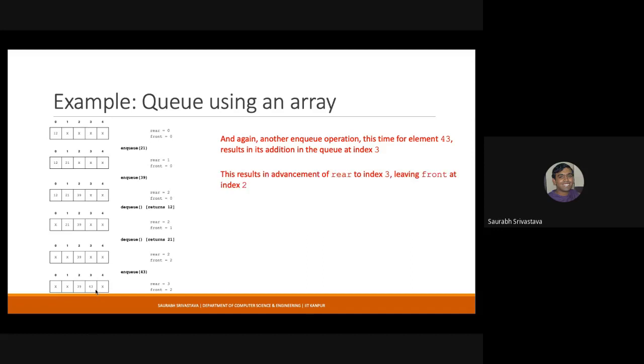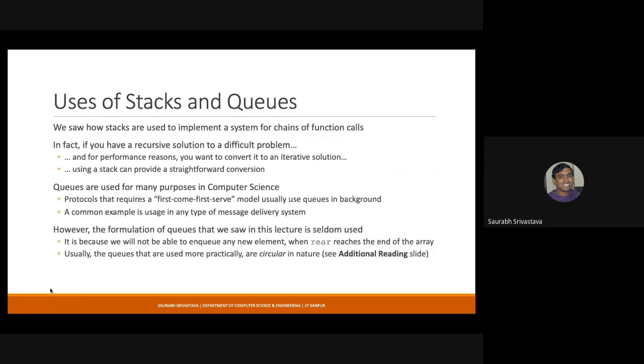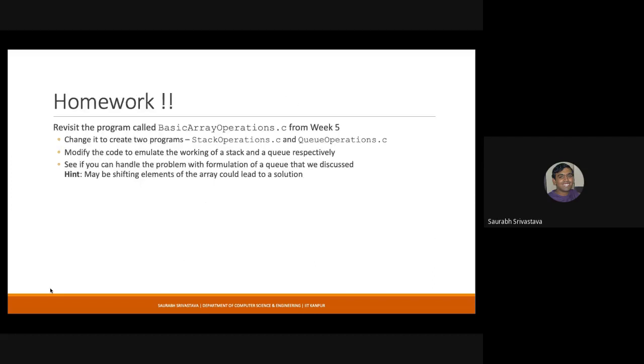So now you can see that there is one basic problem with queue, that at some point of time both rear and front will reach the end of the array, and then you need to have some kind of a mechanism to deal with it. So this is why usually we make a queue as a circular queue. These pointers can, let us say if my pointers come here, then move back to the beginning. So this is the overall idea. We are not going to discuss what a circular queue is, but this is the overall idea. Any questions?